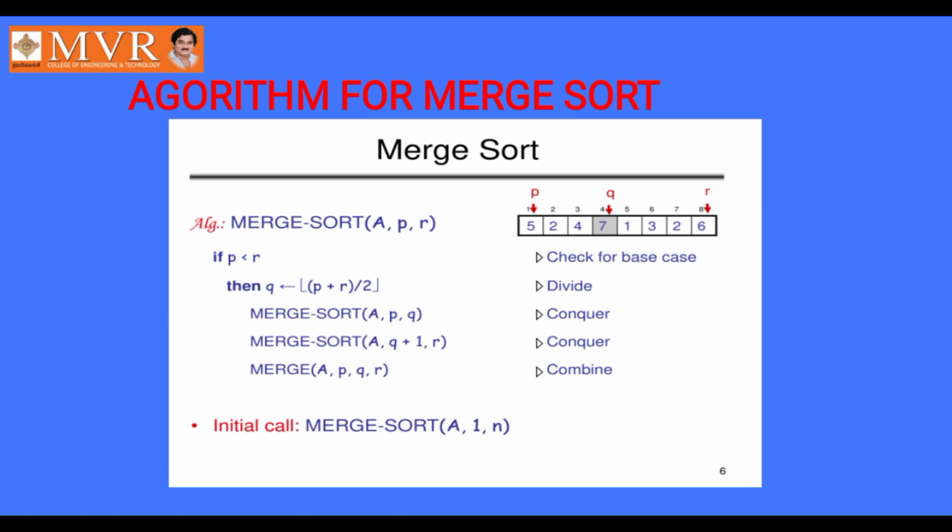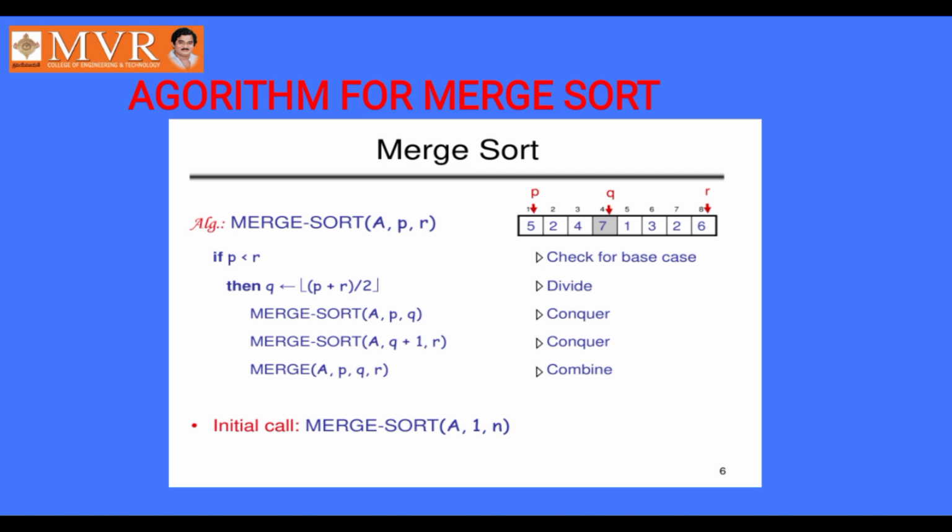This A stores the initial list of elements. For sorting any elements or searching any elements, we first store the list of elements given to us in an order, that is, in an array in continuous memory locations. Here A stores all the elements to be sorted, and P and R are the lower bound and upper bound. As you know, the index starts with 0 and ends with n minus 1.